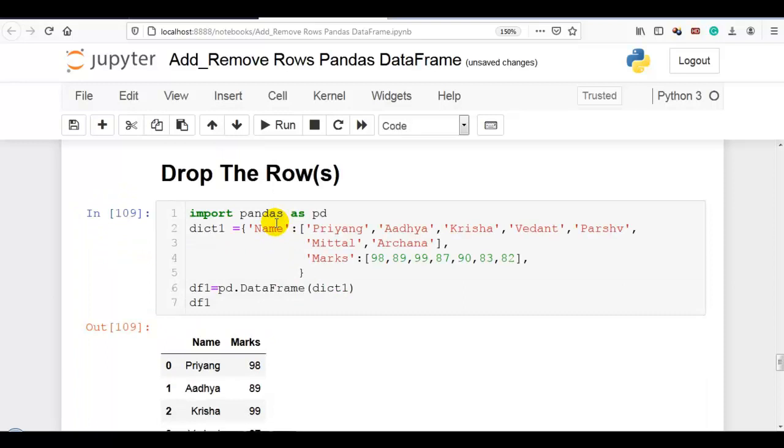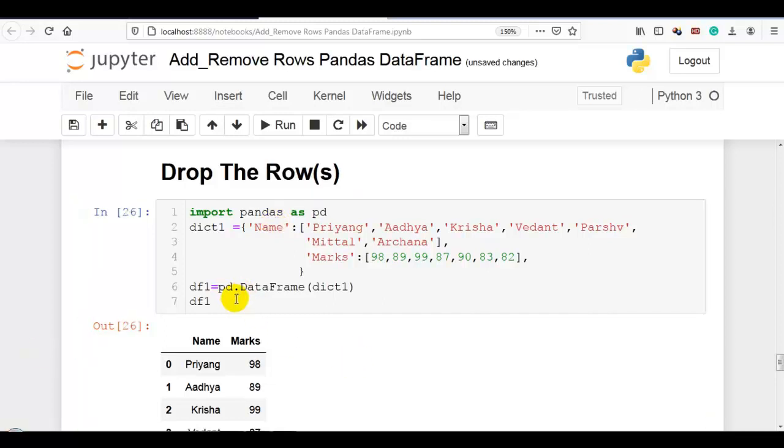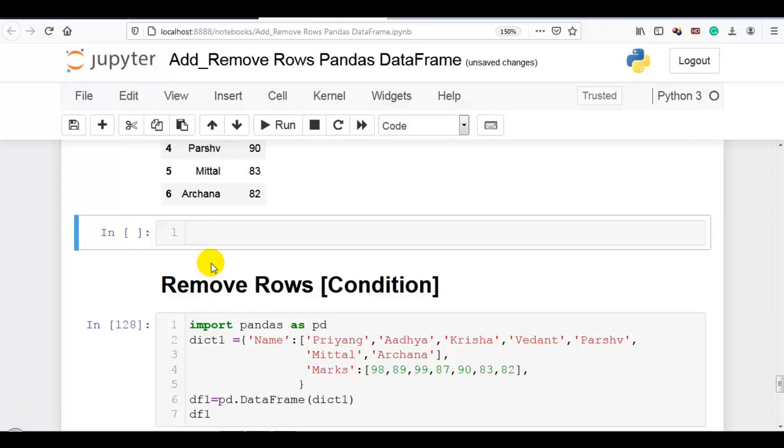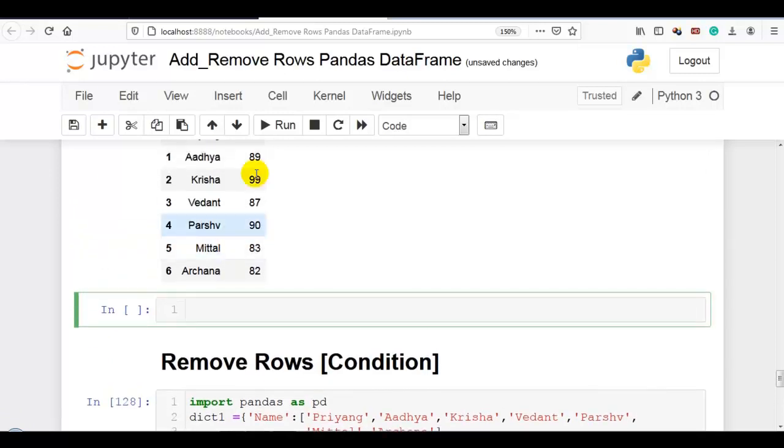Now let me show you how we can drop a row or rows from the pandas data frame. So now let me execute this data frame. Now df1 dot drop. I want to drop index 0 and index 1, that you can write as a list in the comma, and here we require the parenthesis.